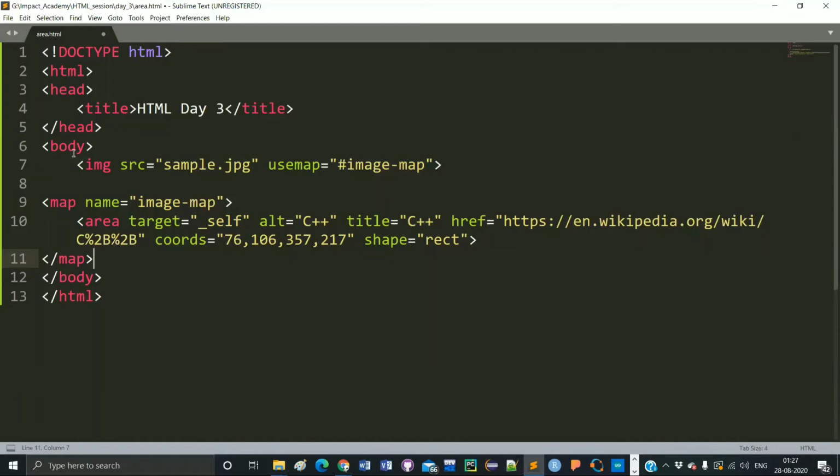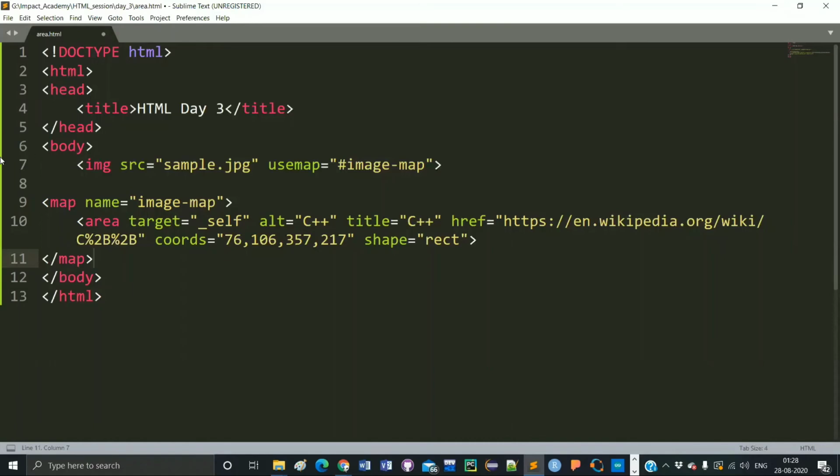So when you are using usemap and you set the attribute value, and this is a must, your attribute value of the usemap attribute is always preceded by a hashtag. So here I have written hashtag image map. I just use this attribute value. You can also give any attribute value.